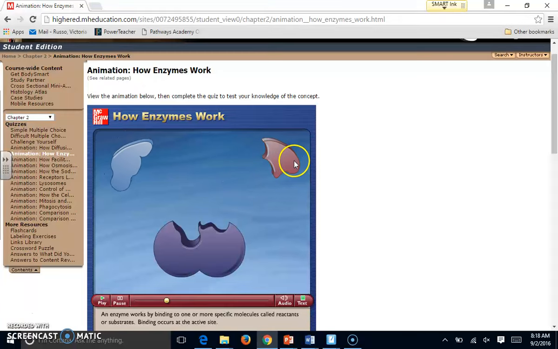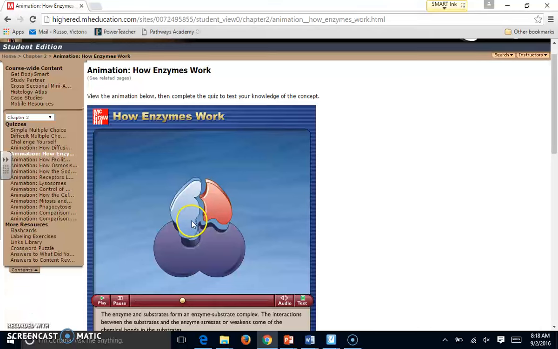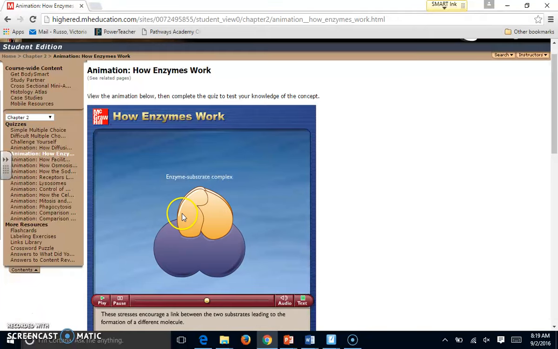Here are the substrates. Now what the enzyme does, it finds them and brings them together in the active site, which is going to happen in a second. So here now is the enzyme-substrate complex, with the substrates in the active site. The enzyme now lowers the activation energy by bringing these substrates together, and is going to turn the substrate